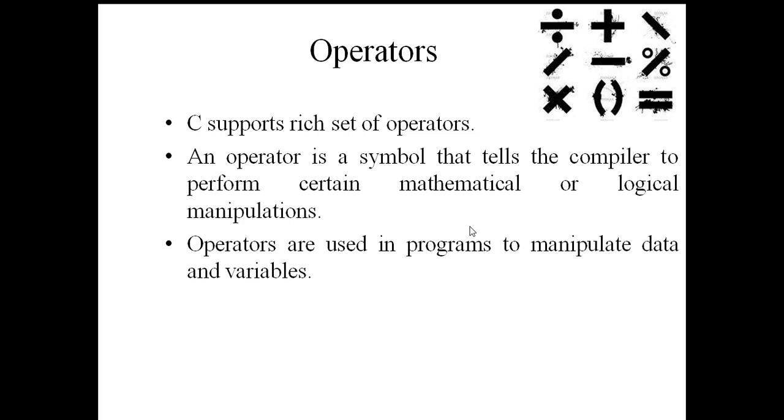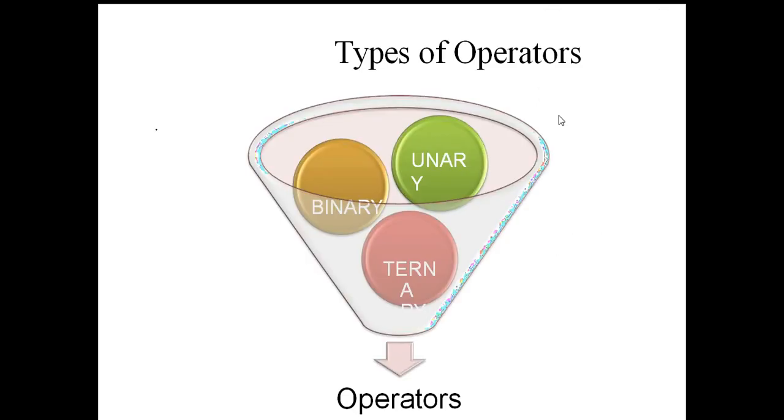So you can see the operators. The operators are plus, multiplication, minus, into, percentile, assignment, the left parenthesis and right parenthesis, division, forward slash, backward slash, minus. So all these are the operator symbols. Let's discuss these operators in detail. What the operators in C language are, we will see in the next slide.